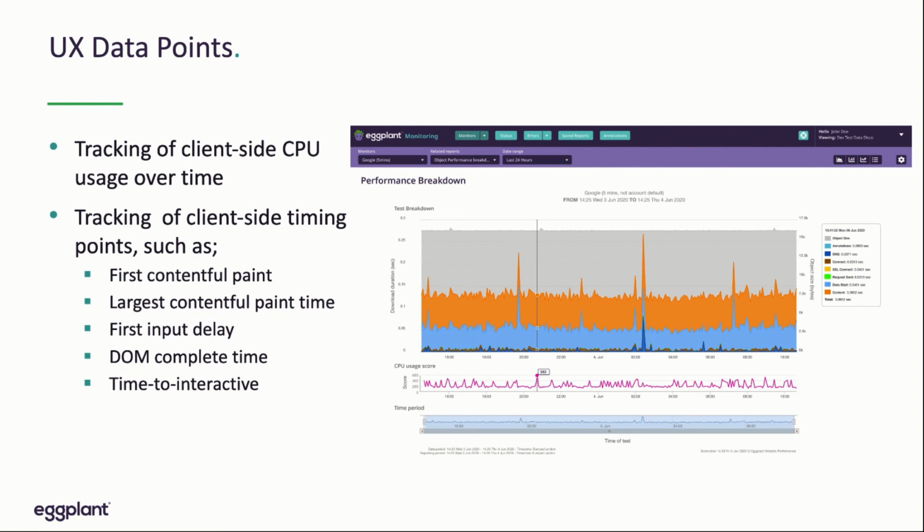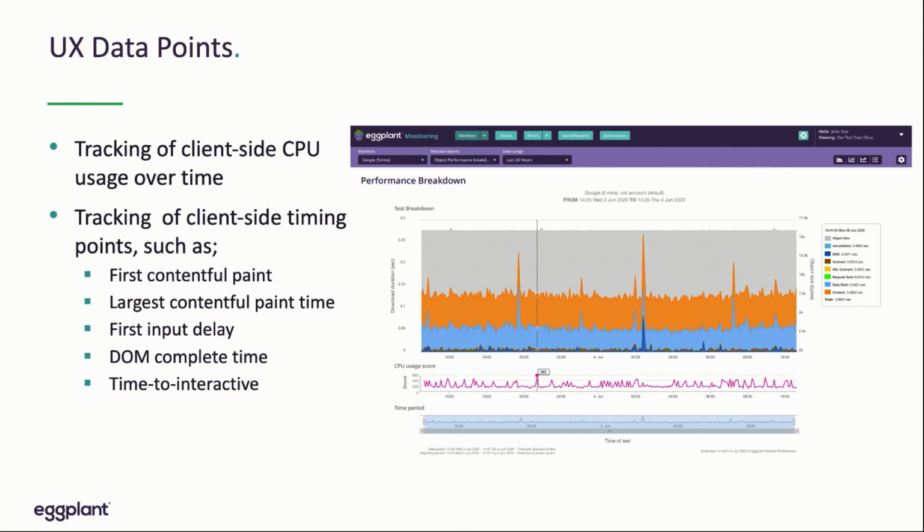These metrics are focusing on client-side performance issues, because as I mentioned, this is where most of the issues are seen these days. So the new metrics that we would like to introduce are CPU usage, as well as timing points such as first contentful paint, largest contentful paint, first input delay, DOM complete time, time to